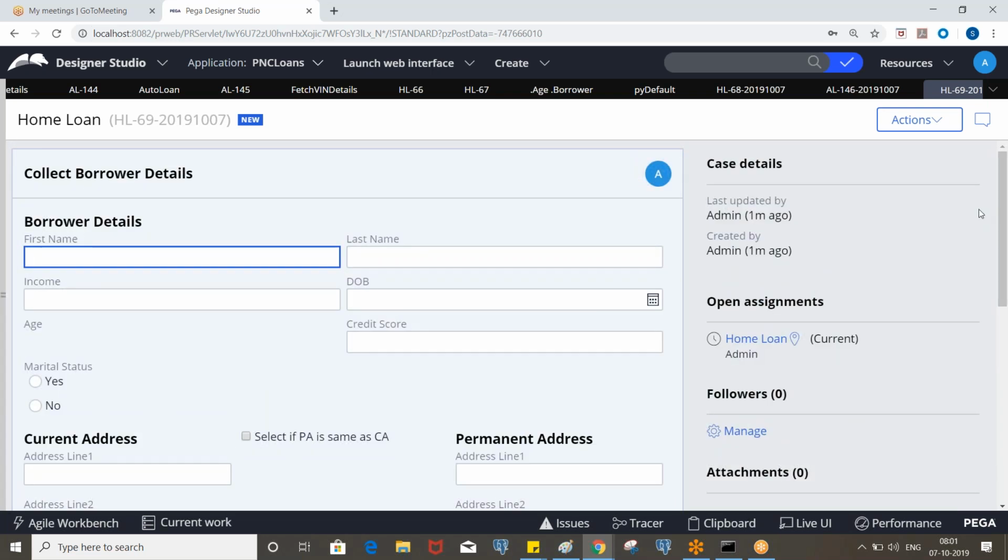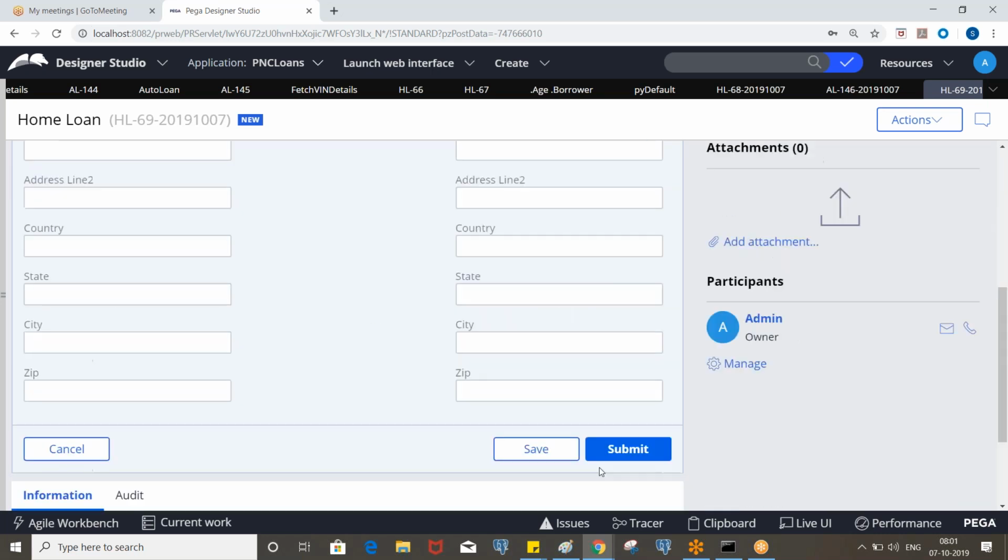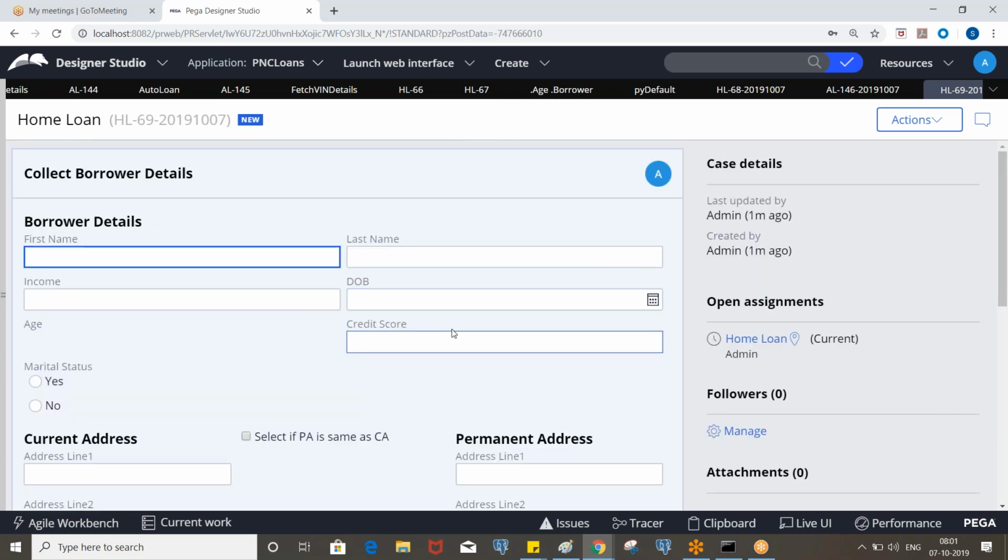If we try to put the email without @, it will immediately display a message like invalid email. And sometimes the user inputs, whatever data we enter here, will be validated after submitting the screen. So when you click on submit, the user inputs will be validated. That is server-side validation.